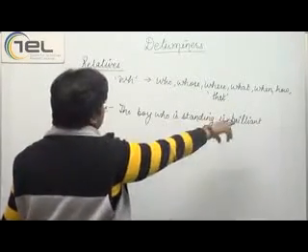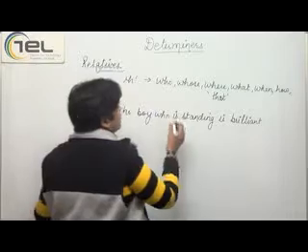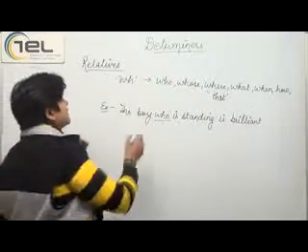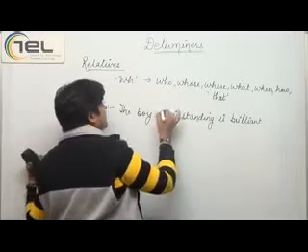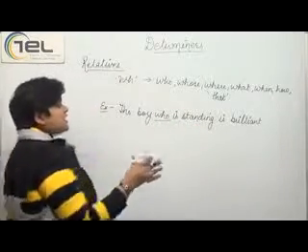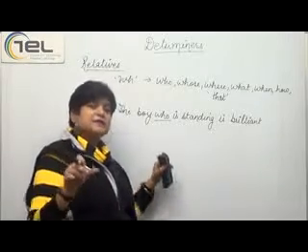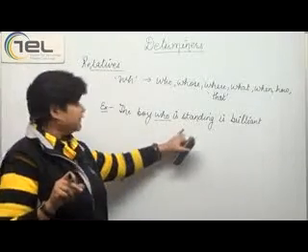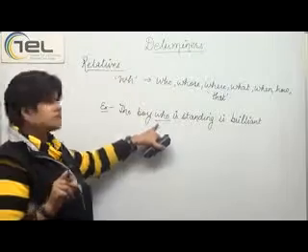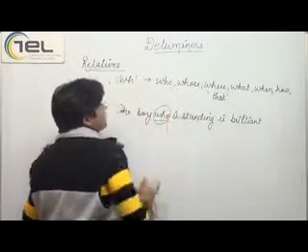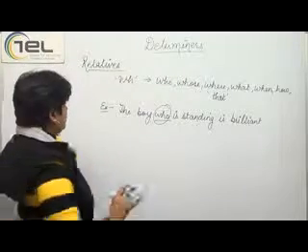The boy who is standing is brilliant. Now, who is standing? What am I doing here? I am relating this noun, and I am clarifying, I am determining that the boy who is standing. So, I am fixing the meaning of this noun here by using who. I am explaining it, I am modifying it. So, who here would be called a relative.